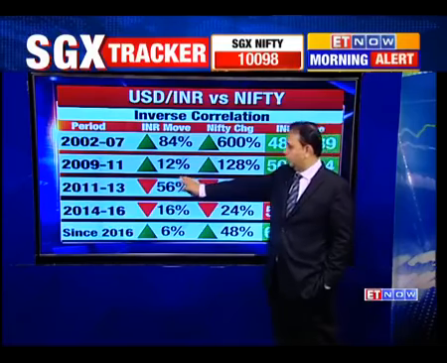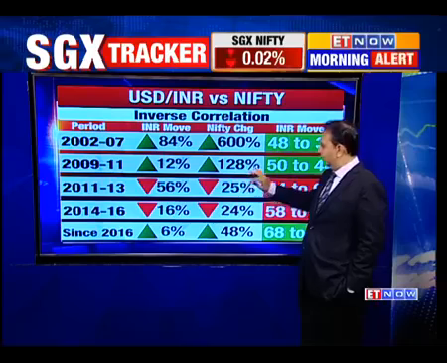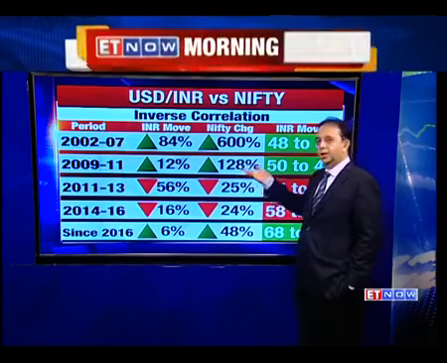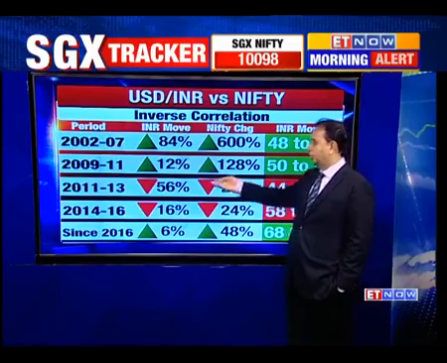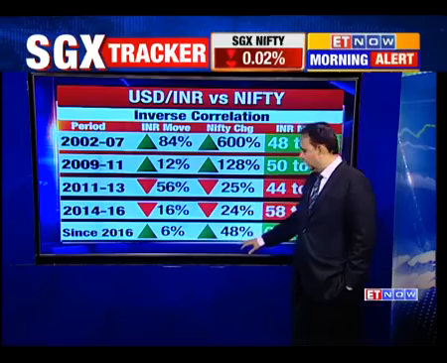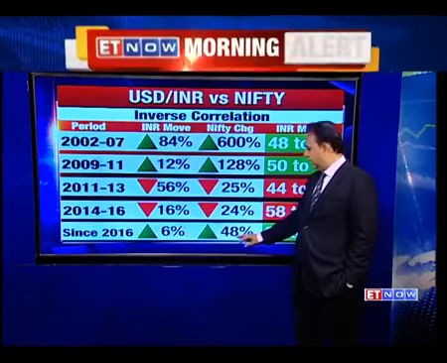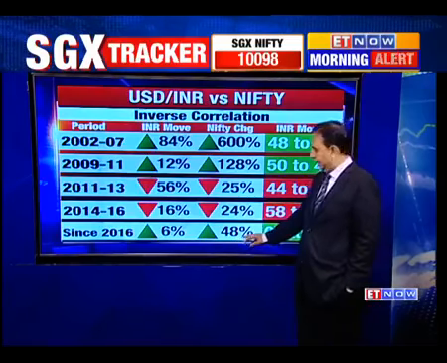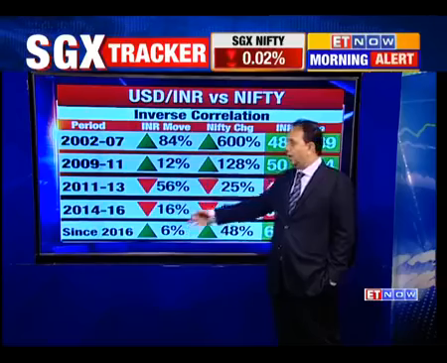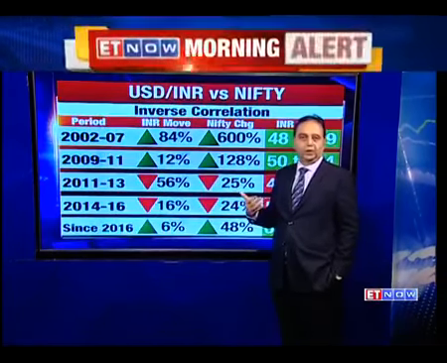You see, there's this huge loss in INR value, but a very muted decline in the Nifty, and this was the major shifting point, which is really why I'm saying that the starting point of the current bull market is 2013, and we have been in a bull market now for a while. Since 2016, the INR has gained about 6%, and as against that, you have a 48% rise in the Nifty. Now, this may look a little large, but a 6% gain in the INR is very small compared to its previous averages, the minimum of which has been about 12-13%.